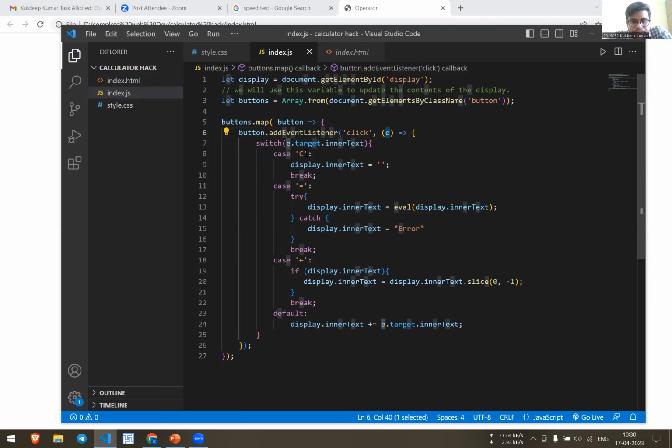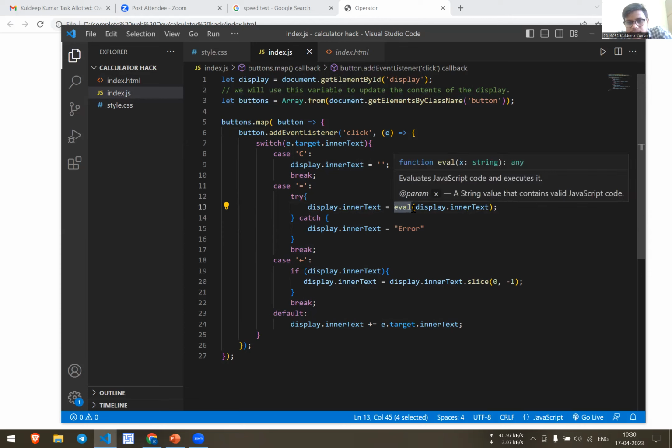If the user clicks on the C button, then we simply clear the text on the display, and if the user clicks on the equal button, this is eval, which is a predefined function that JavaScript provides, so using it we calculate the result. And if the user clicks on backspace, on this array we